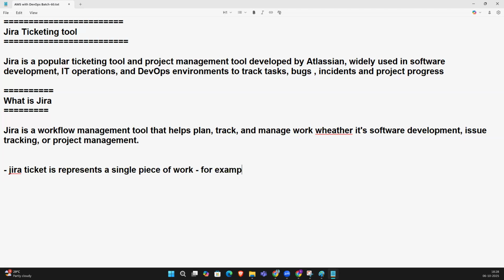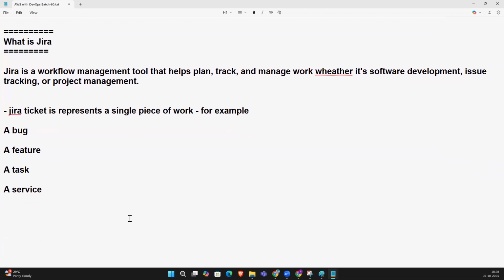For example, it may be a bug, a feature, a task, or a service. What is a bug? If it is a bug, we need to fix it. A bug is nothing but an issue. What is a feature? A feature that needs to be developed.